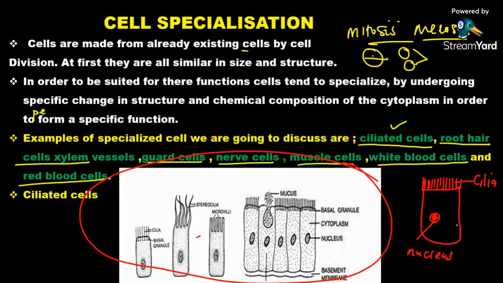Then we can look at the outer part, which is the cell membrane. Ciliated cells are animal cells, so we have the cell membrane outside. Then, of course, we have the inside part, which is the cytoplasm, from the basic parts of the animal cell. So we have the finger-like projection on top called cilia, then the cell membrane, the cytoplasm, and the nucleus, okay?